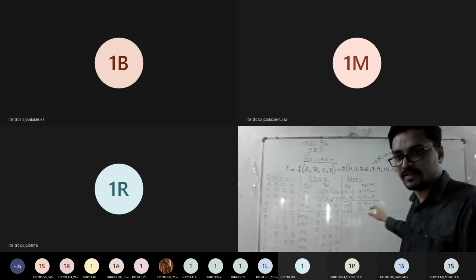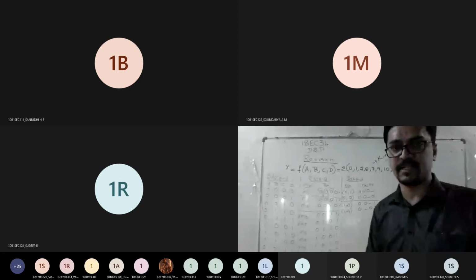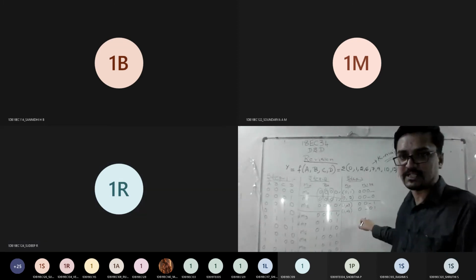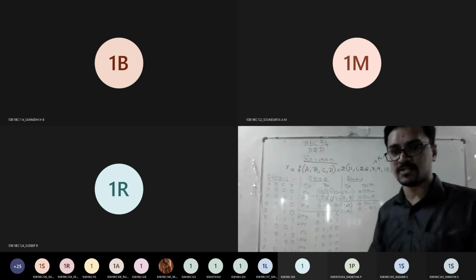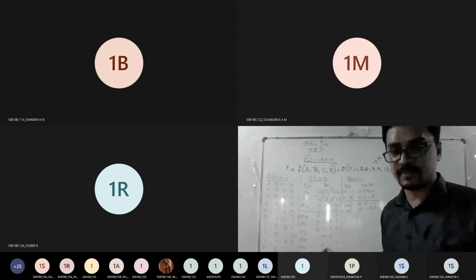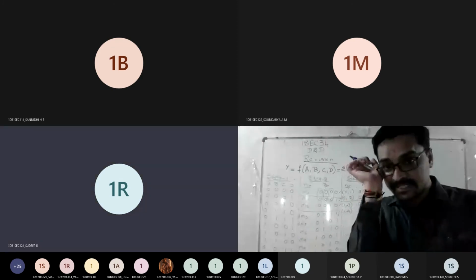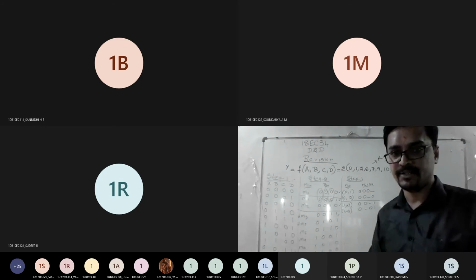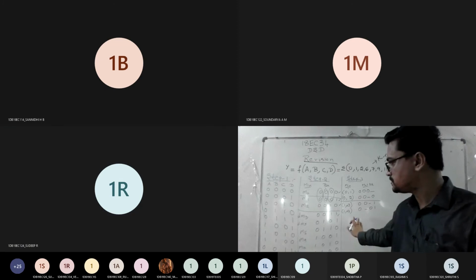See, if you don't know this, then if I explain further steps, it's meaningless. So still anybody have doubt? You just ask me, clear it out. It's a very, very important concept, not only for internals, but from an exam point of view, it's a 15 to 16 marks question. You can easily score here itself. So shall we proceed?